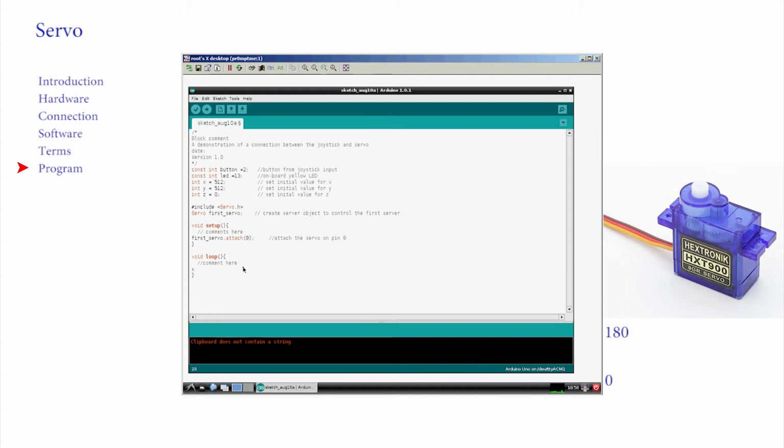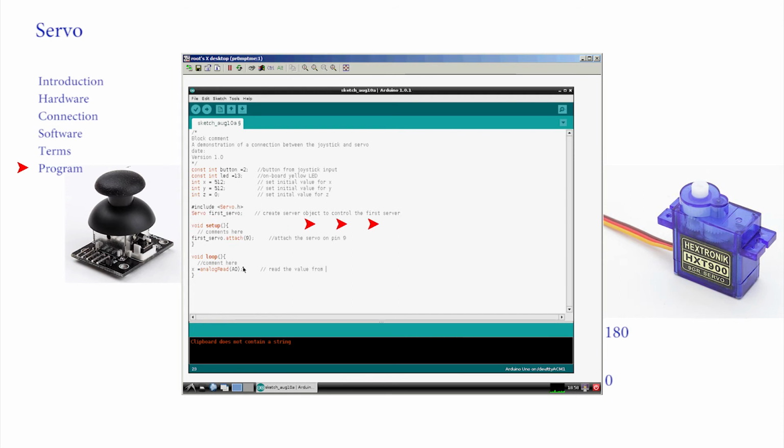All we need to do is to read the joystick and send the value to the servo. Wait a little time for the system to settle down and go around the loop again. The command to position the servo here is first_servo.write, then position in degrees. The loop for this then is...